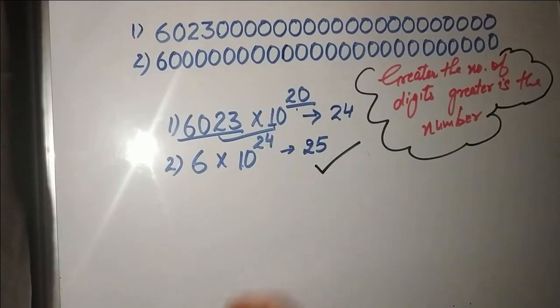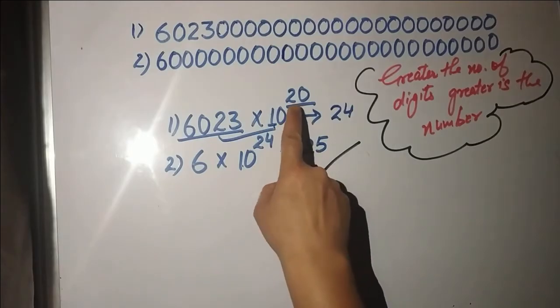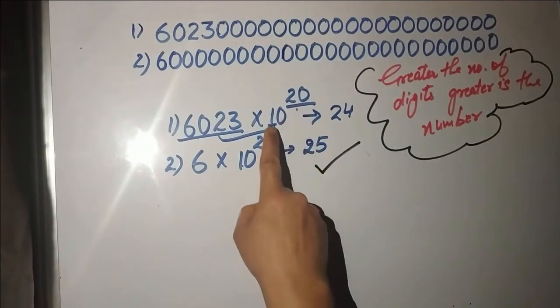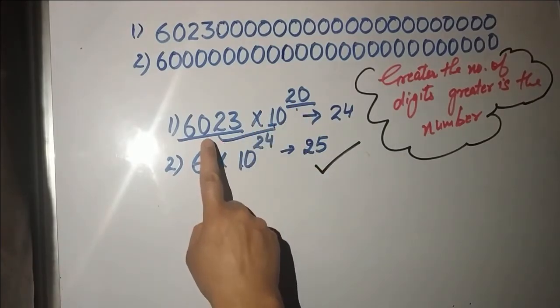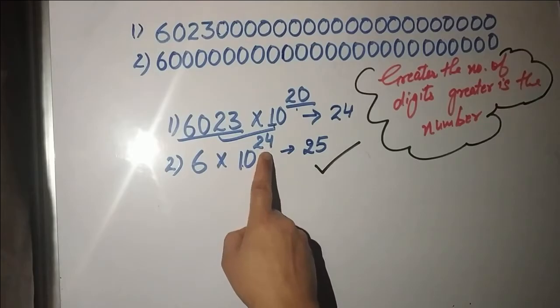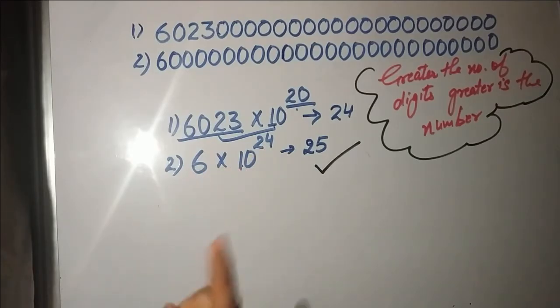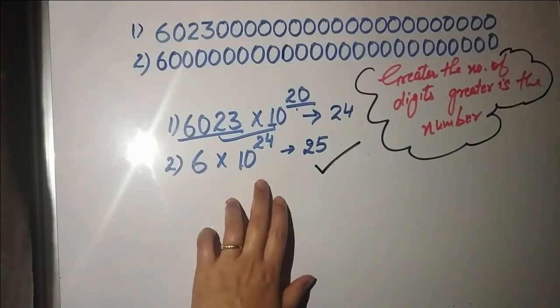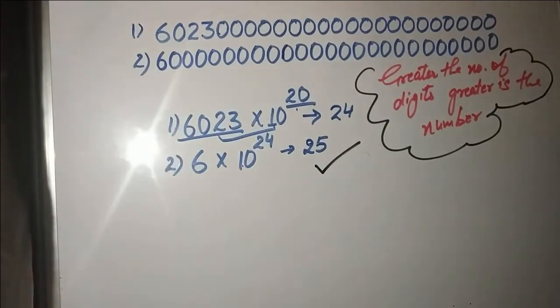Now, if I give you number in this format, you should be able to compare them. I'm again stressing, 10 raised to power 20 means 20 zeros and then 1 multiplied with this. This is the shortcut for multiplication. This is how we multiply with 10, 100 and 1000. And here also, it's 10 raised to power 24 means 24 zeros and 1 into 6 means one more digit 6. So 25 digit number. It is a 24 digit number.